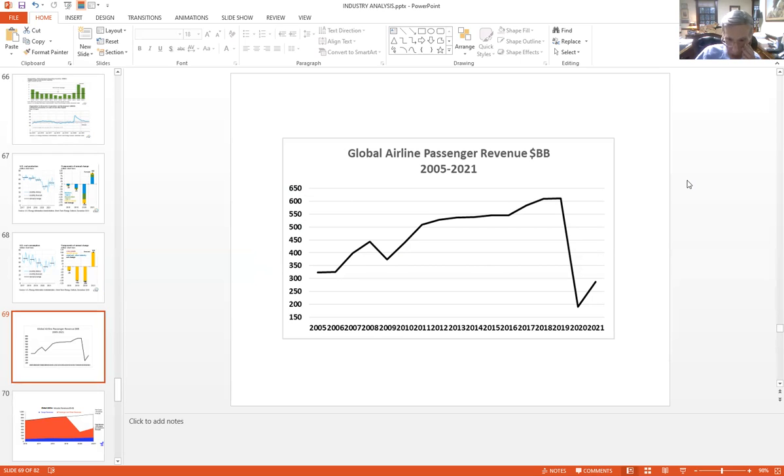And you can imagine how important it is to do a really good analysis of an industry and its components when we're in the volatile changing times that we are. Here's another industry that's been really impacted by the coronavirus, the global airline industry,